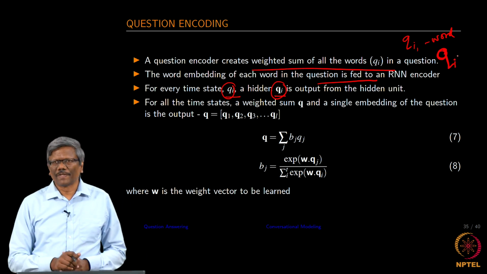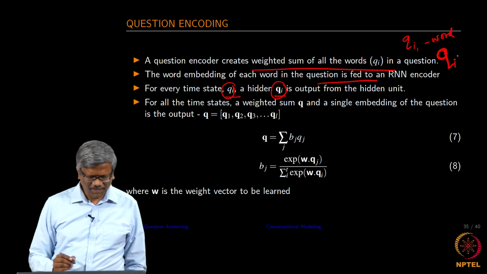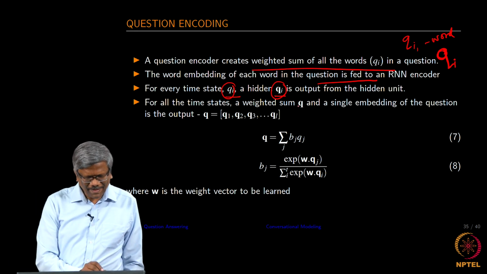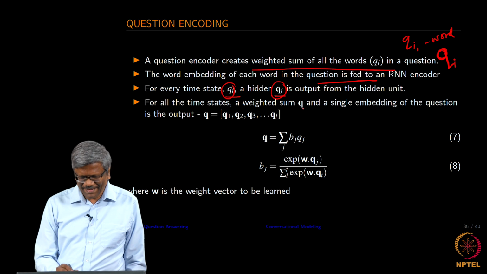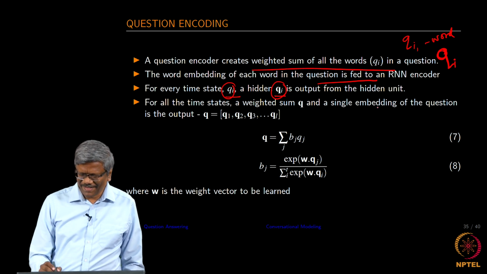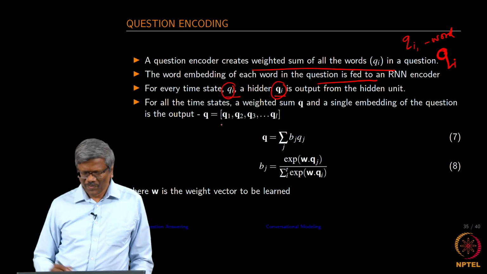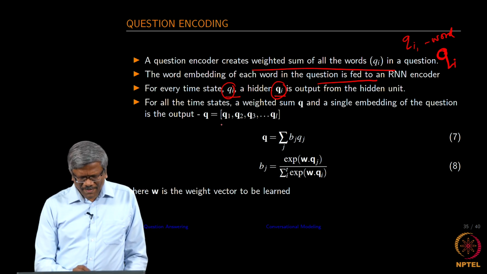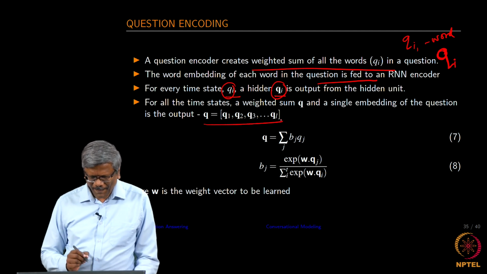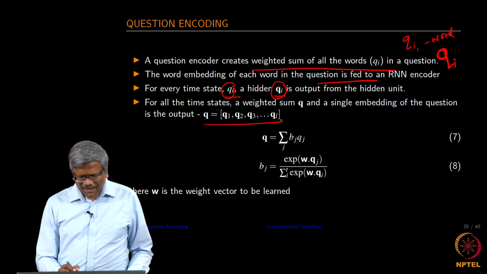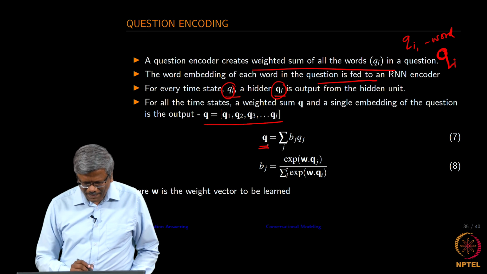Qi is the output from the hidden unit. For all the time states, a weighted sum q and a single embedding of the question is output. So, at the end of the hidden layer, this is what you get. And then every q vector